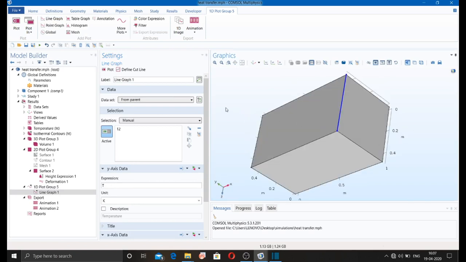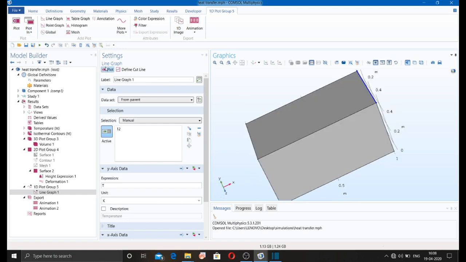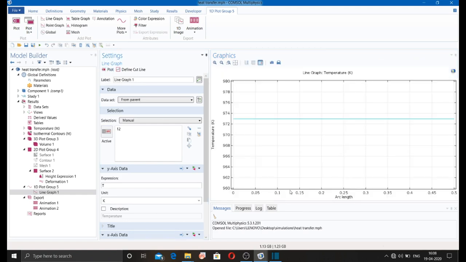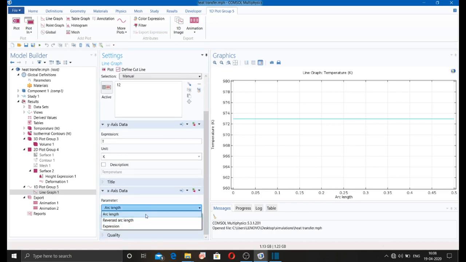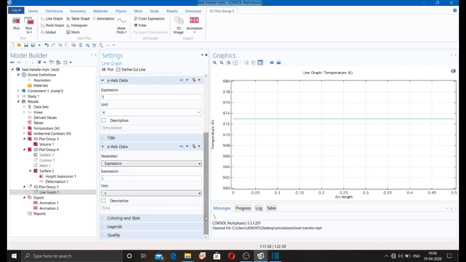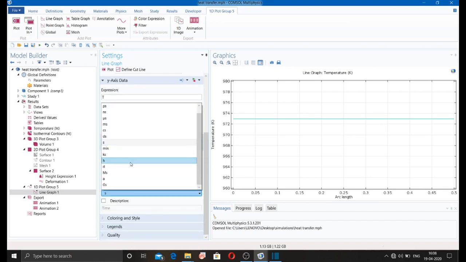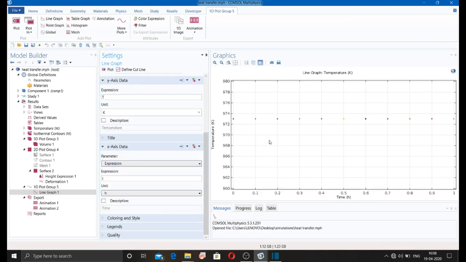I'm just selecting this and changing the temperature variation with respect to time, and this is in hours. Okay, so here you can see for that line there is no change in the temperature.